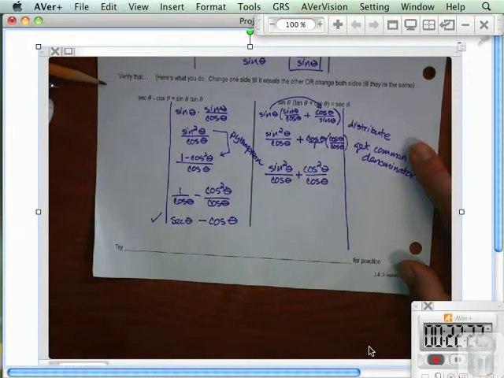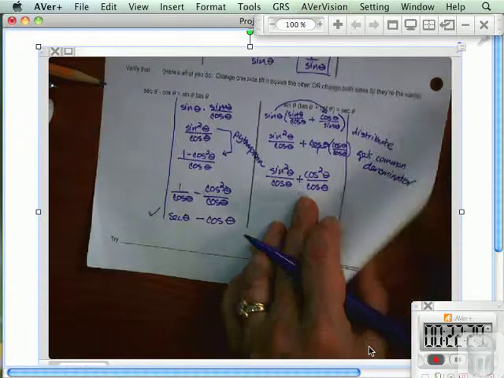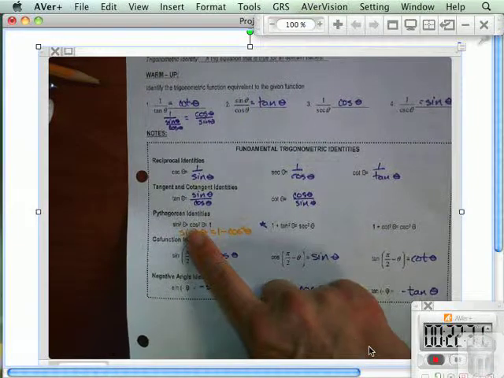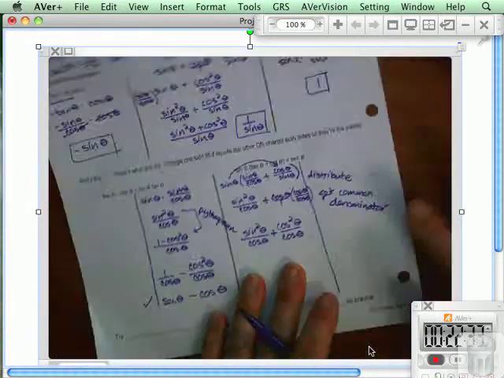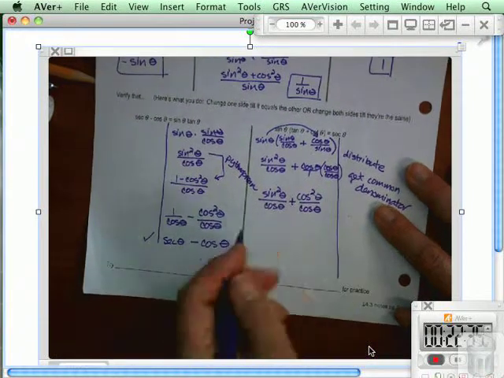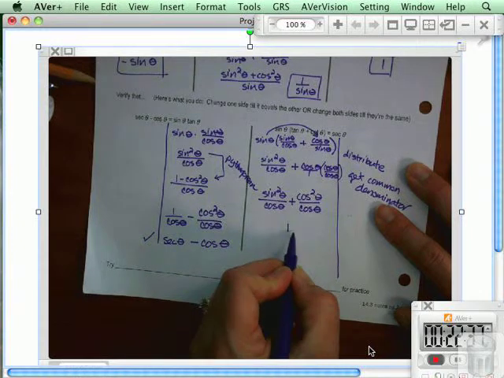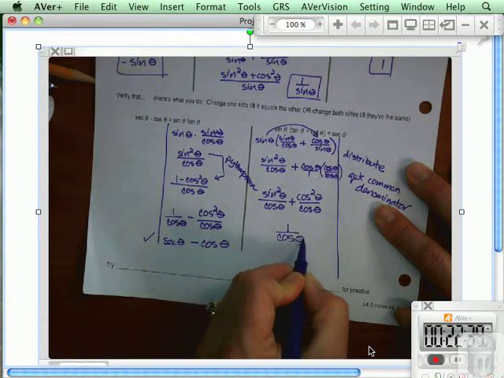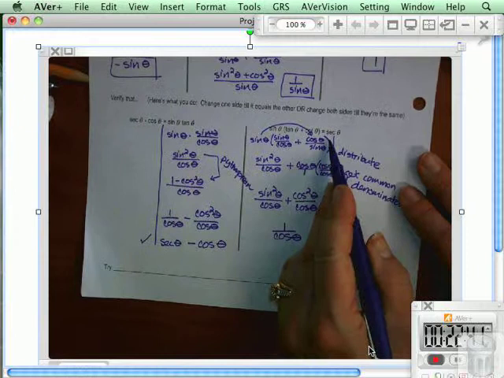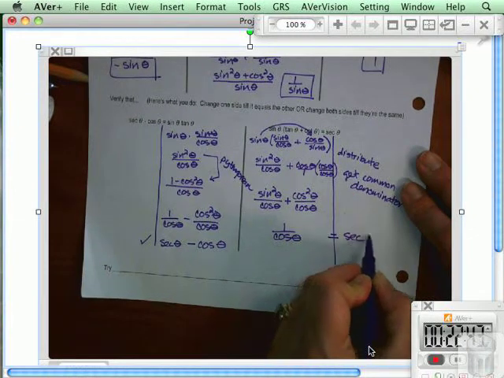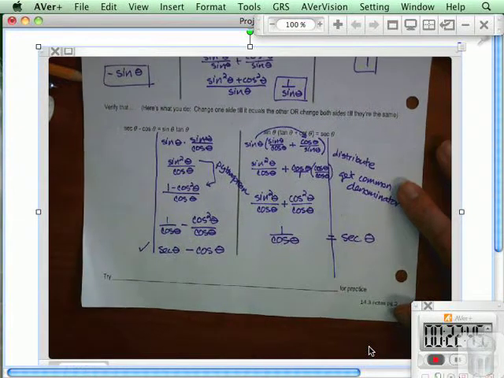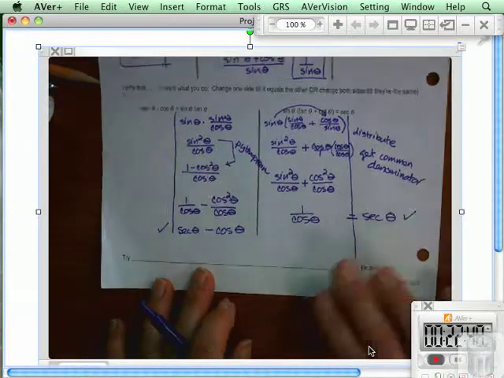Oh, you see it? What does that numerator equal? 1. The numerator, if you think of the identity right here, is equal to 1. So if I put this together and remember the identity, it actually equals this, which is equal to what? Secant of theta. Isn't that nifty? Okay, that is